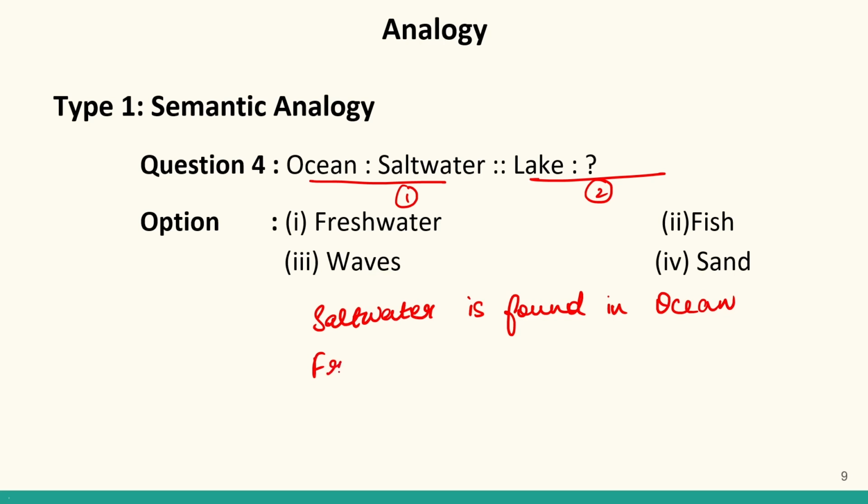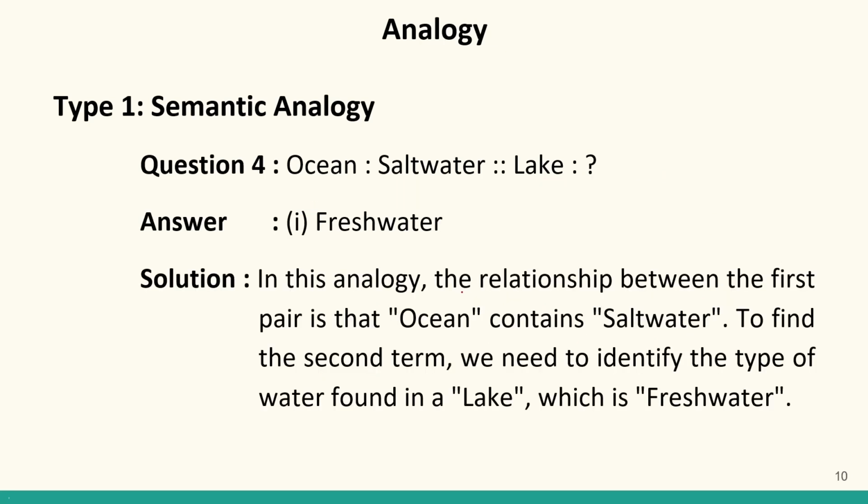Similarly, fresh water is found in a lake. So our answer will be option number 1, fresh water. You can clearly see the solution. The relationship in the first pair is that the ocean contains salt water, and in the second pair the lake contains fresh